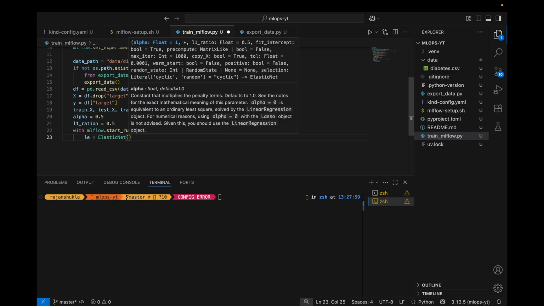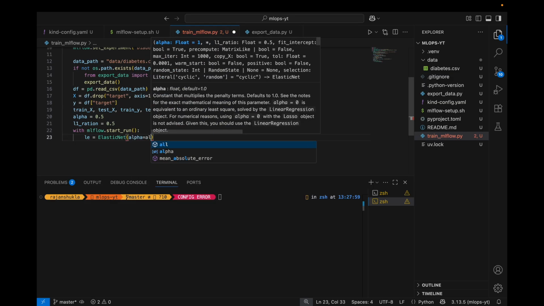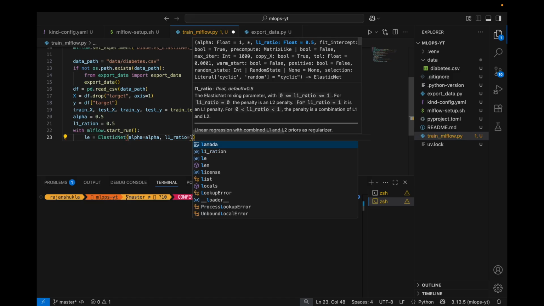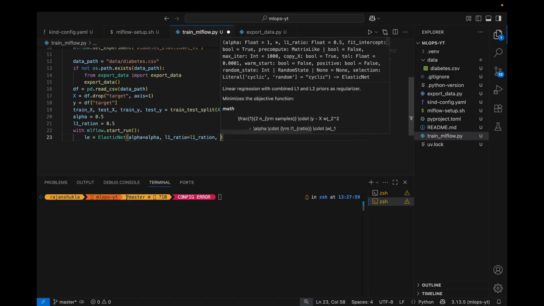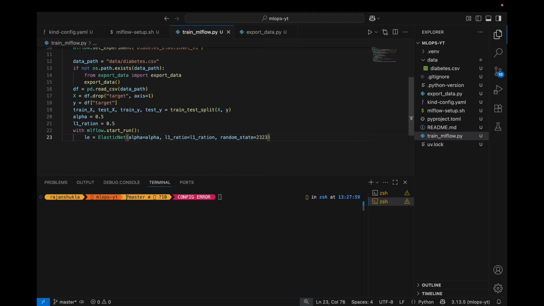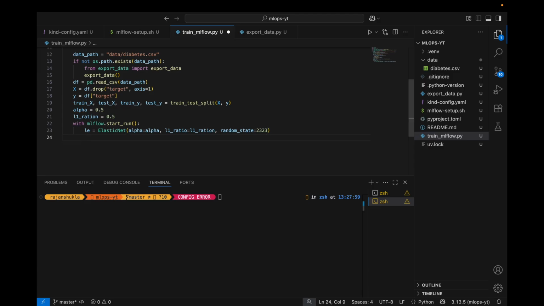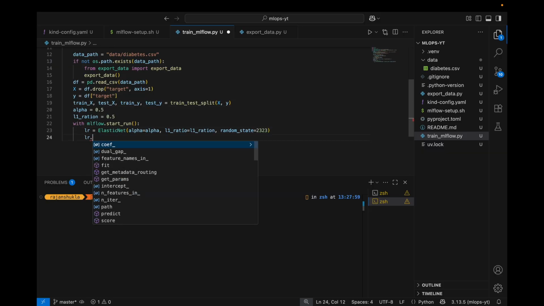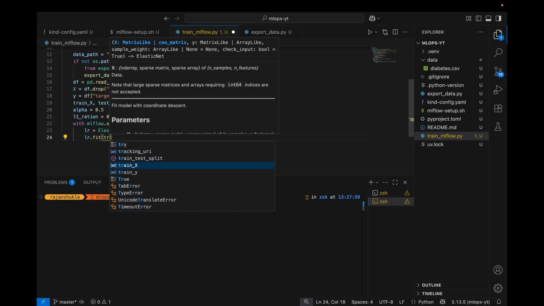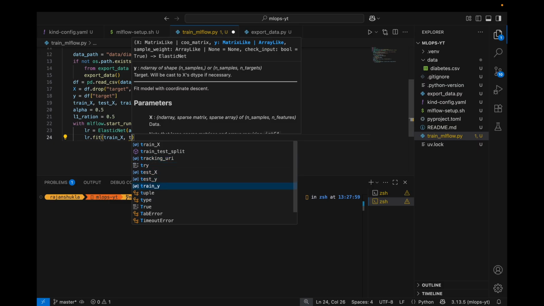And then we have to initialize this. Let's define the alpha and l1_ratio as l1_ratio, and the random_state as 123. Fine. And let's call the fit method. This is actually going to train our learner, lr.fit. Let's pass the train_x comma train_y,